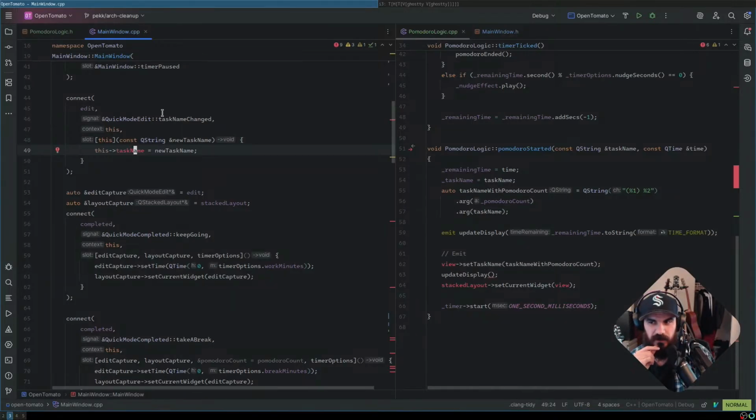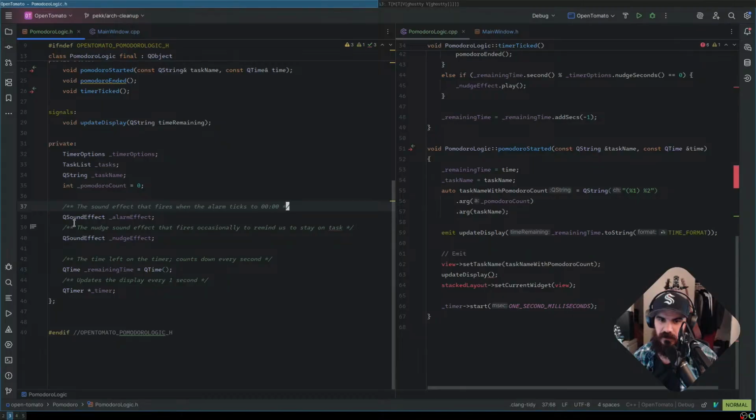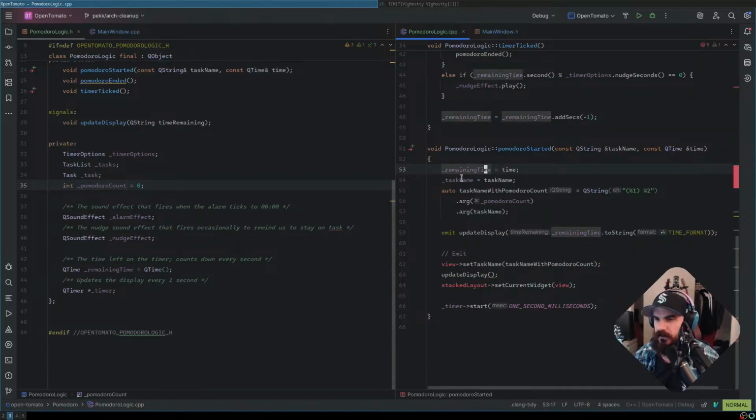But I think I know how I'm going to do this. This is not going to be a QString. I think it's going to be a task. It's going to be a task. And then task is going to be... Actually, I think I can just do that.